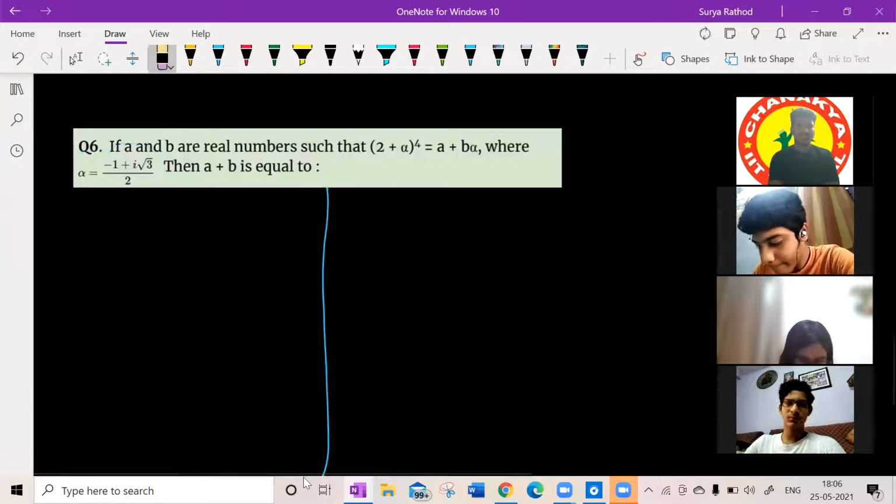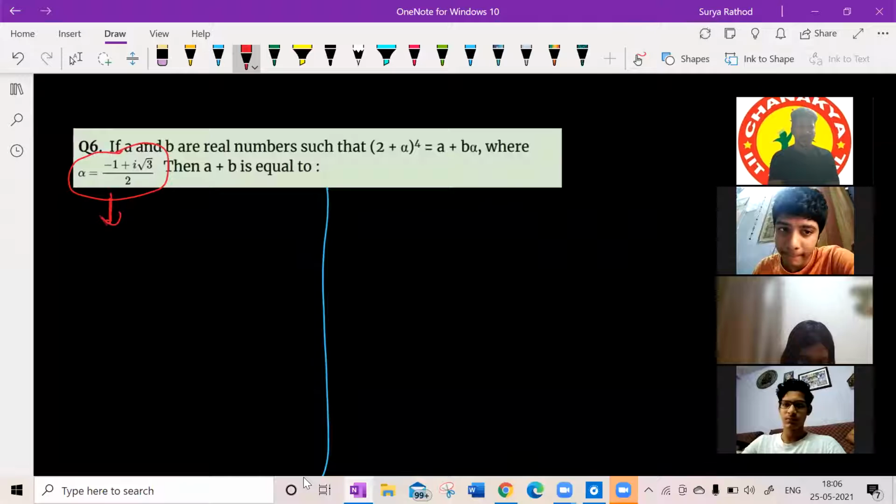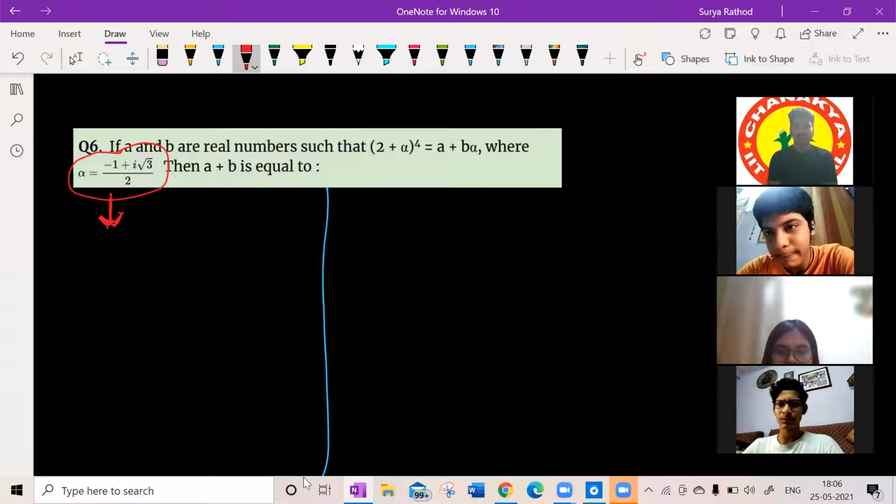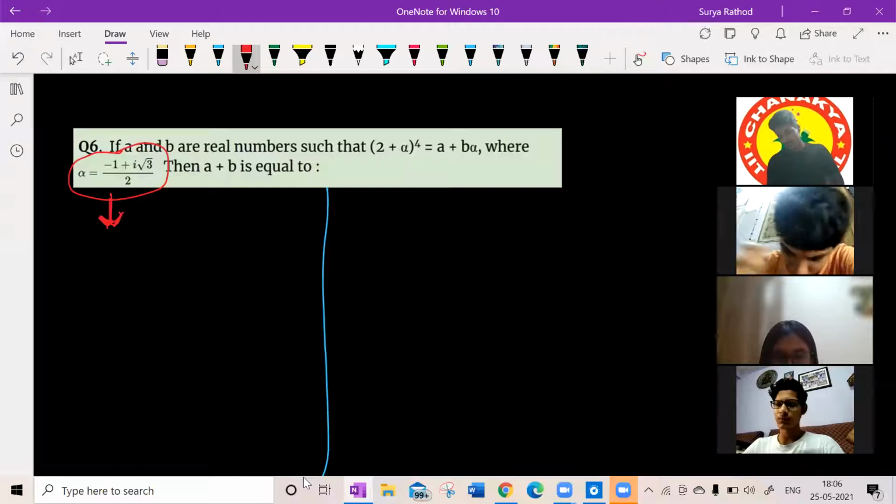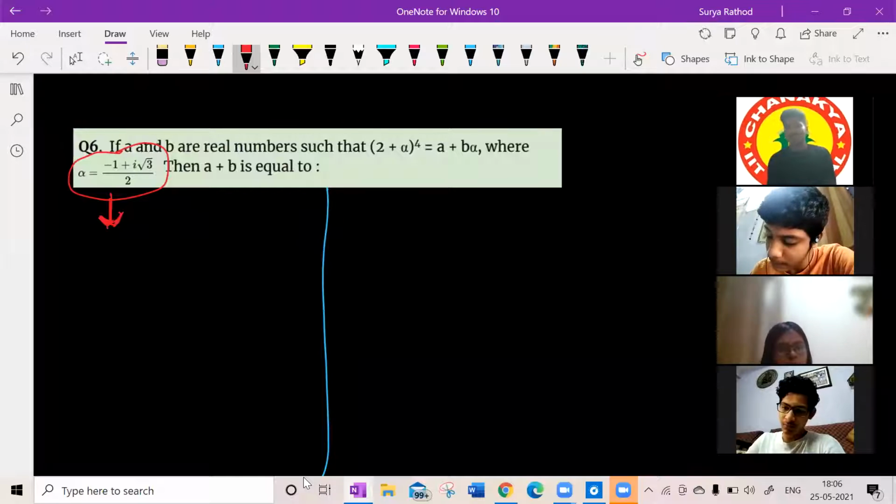This is the heart of the question. If you understand how to write α here, how can I shorten this α? α looks like (-1 + i√3)/2, so it looks somewhat different, right? So in place of that, what could I write? I told you one thing, from the cube root of unity. In the cube root of unity concept, we discussed one thing. What was that? I can't give more hint than this. So make it fast. Think, guys, think, what can we write over there?